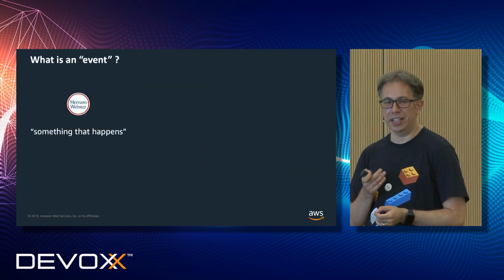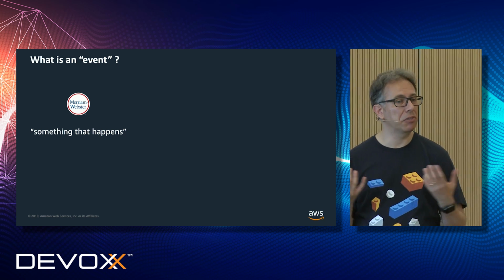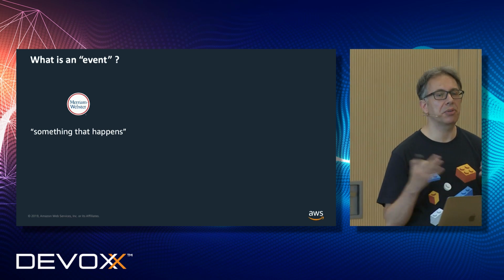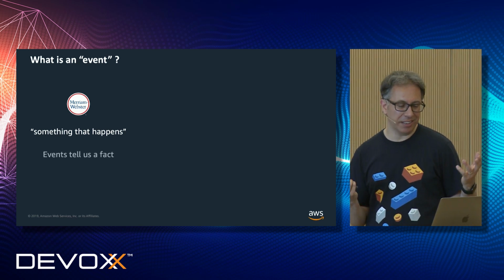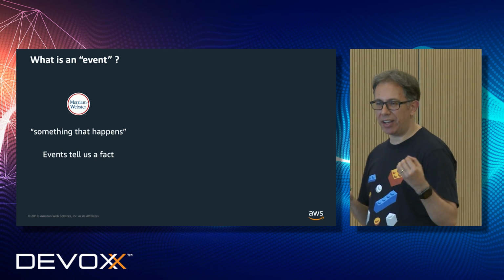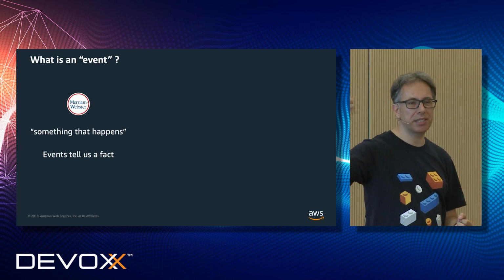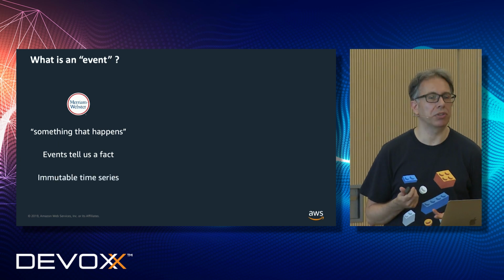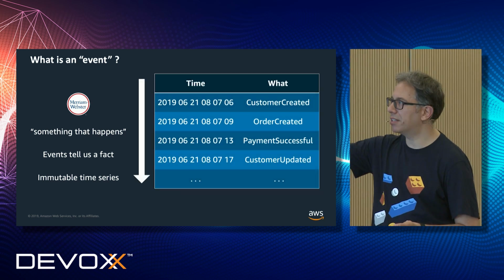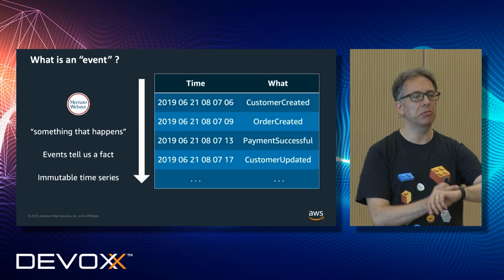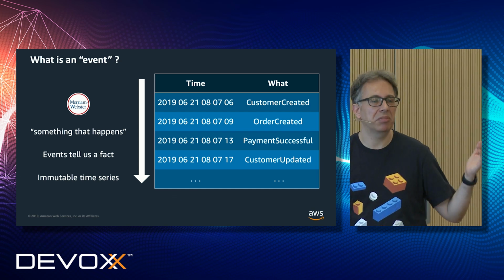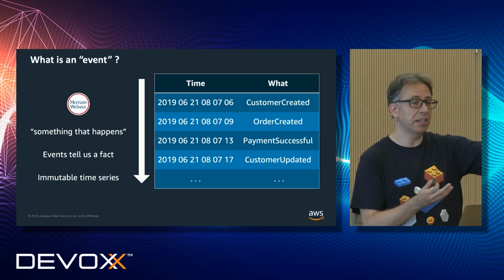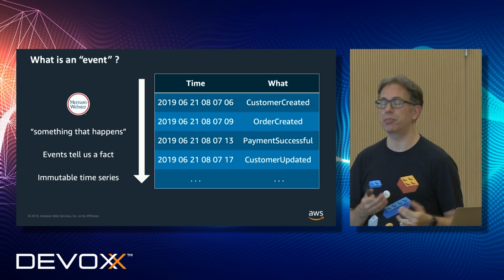So, but what is an event? Why are events important when we build software architecture? If we look into the dictionary, an event is something that happens. And I think it's really interesting to think that events, like a customer upload, a database update, really tell us a fact that is also immutable. Because if something happens at this moment in time, like a new customer order has been created, this is immutable information. Maybe this order will be canceled in 5 minutes, but this is another event. The event that something is happening now is immutable information.